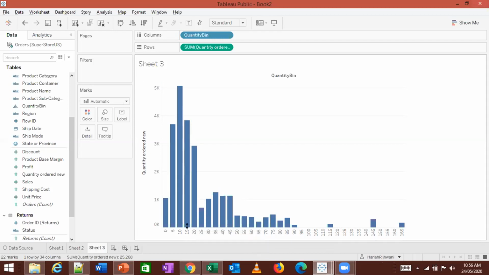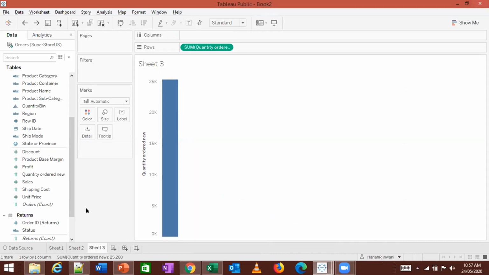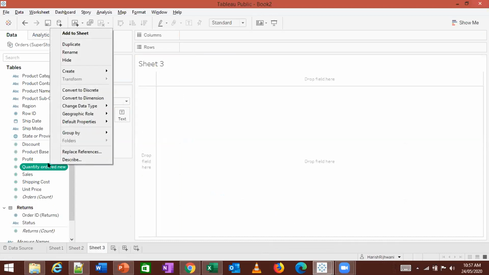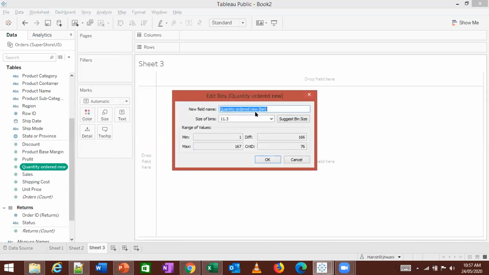Before I get into the next aspect, any questions till now? Can you try this? What I did was right click on quantity ordered, create a bin, and rename that quantity bin, and I made it 5.